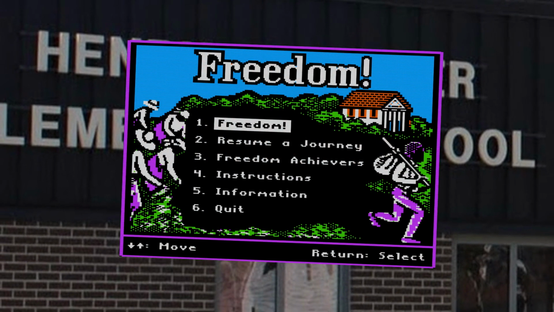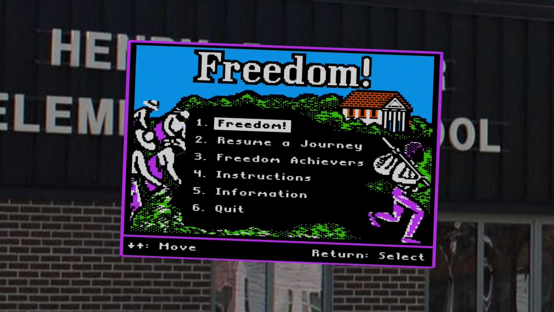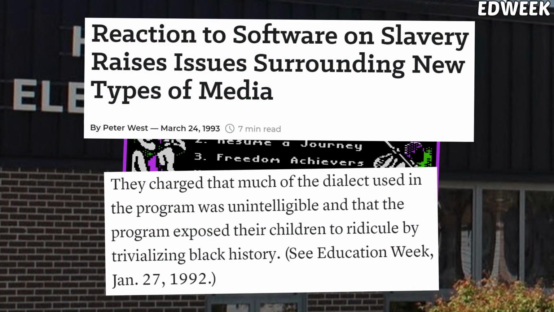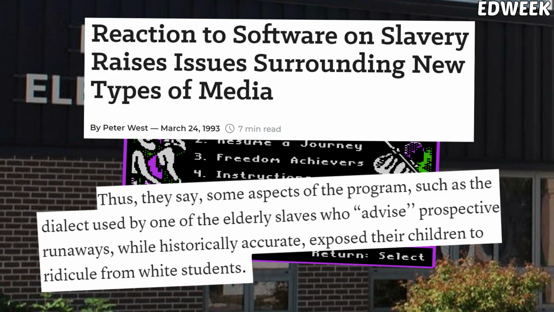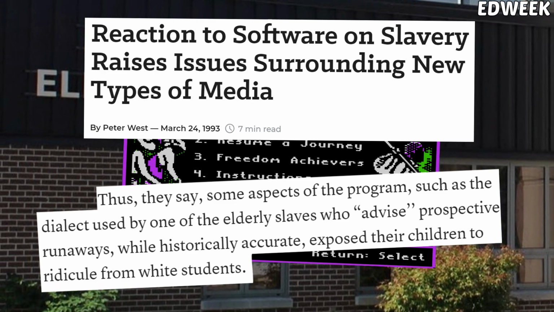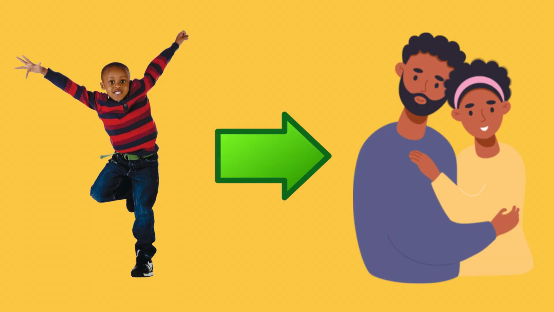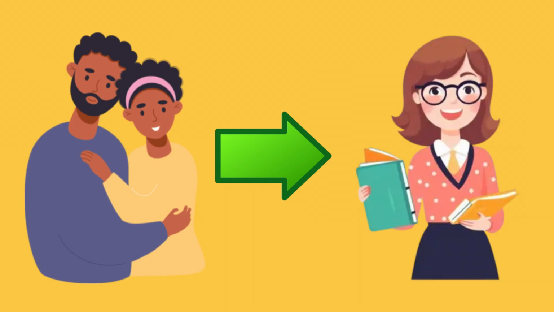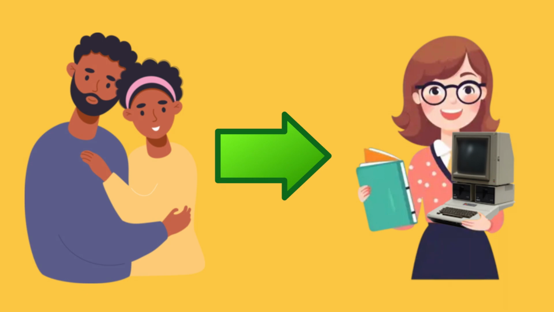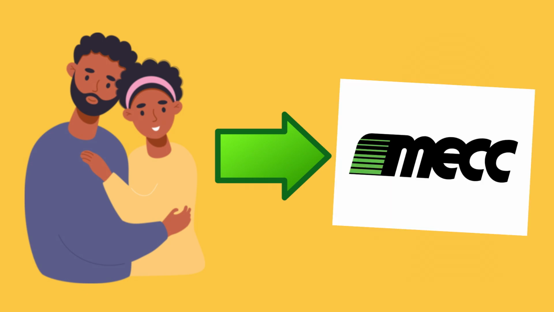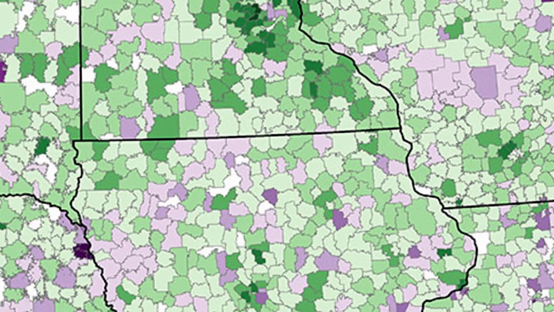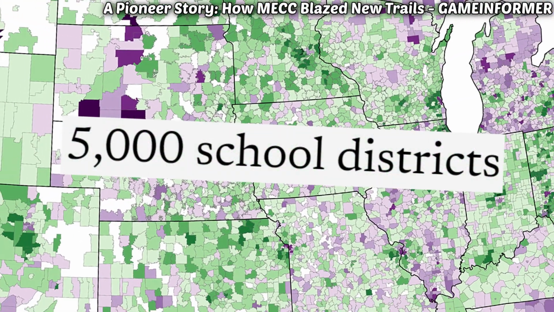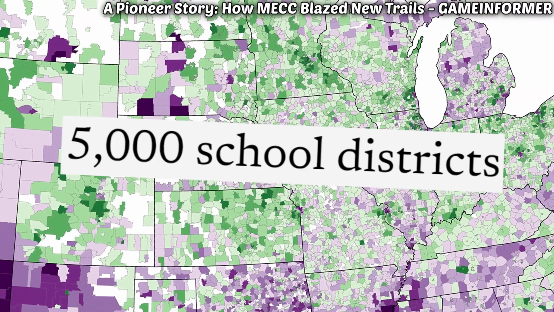Oh dear. Around the very beginning of 1993, students in one of the city's elementary schools were provided access to this game, among many others on the school's computers, and this resulted in a fair few of the African American kids being reportedly mocked and derided by their Caucasian classmates. Those kids went to their parents, who then went to the source of the problem, before going to the teachers who allowed this game onto those devices, and then going to Mech themselves. Now, I wouldn't be surprised if there were some other districts among the thousands in the country using Mech software see this exact same scenario happen.